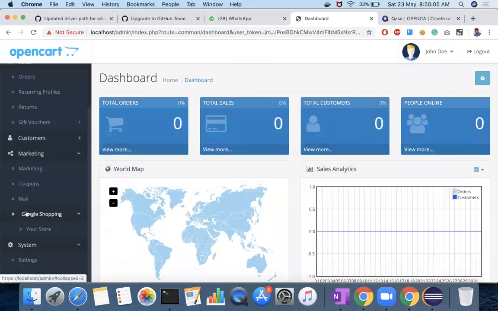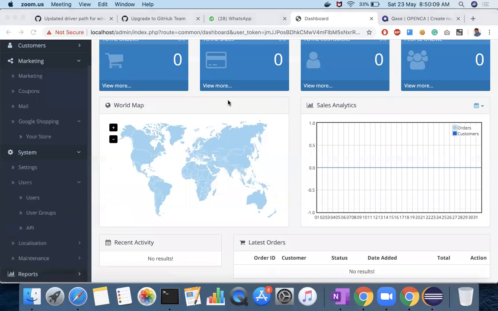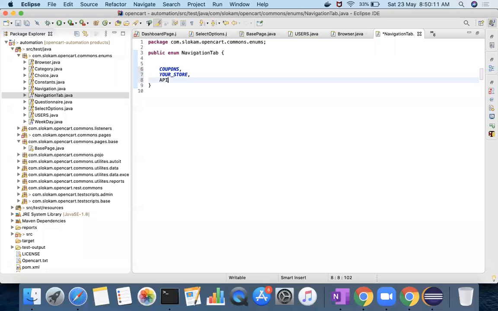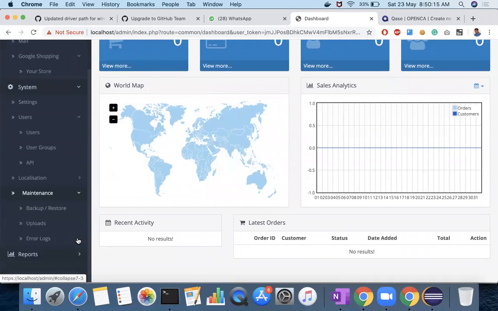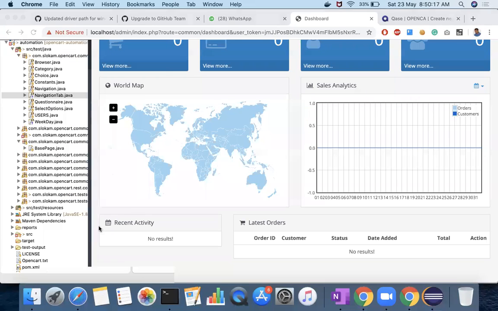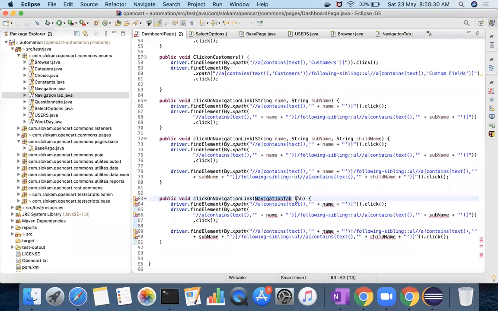And let's say API. Let's say you have error logs. These values I directly define, and in my dashboard,